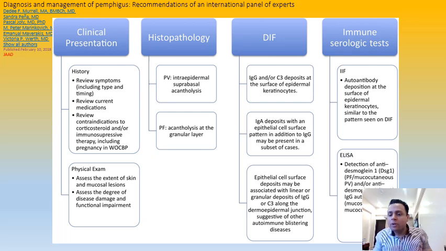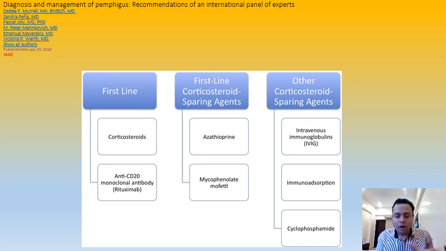ELISA: by the enzyme-linked immunosorbent assay test, we are checking the titer. So you have to do DIF, you have to do IIF, and you have to do ELISA. Very, very important. And histopathology and clinical. So these are the 4 bases of your diagnosis. If they ask you what are the 4 criteria to diagnose, these are the 4 criteria. Okay. So in the last part of the talk, if they ask you why you are saying it's pemphigus vulgaris, you have to